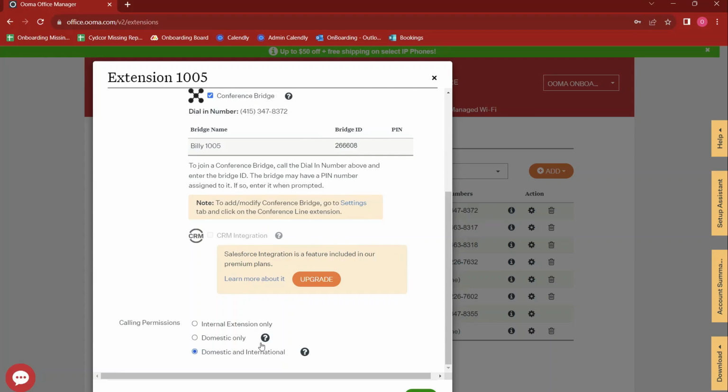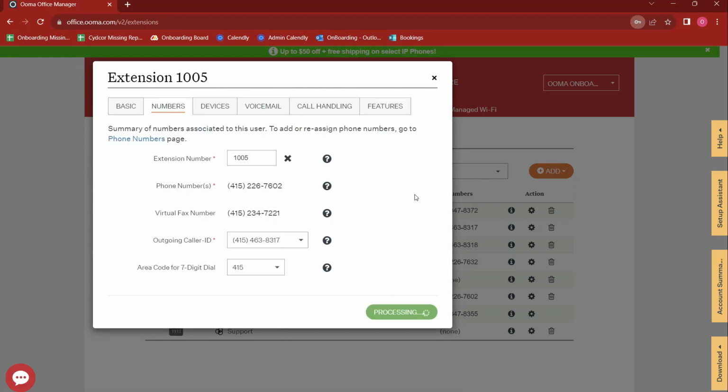And then finally, the last permissions on the user side of things are the internal extensions and domestic and international calls if you only want that. Or if you only want the phone to be able to dial to the internal extensions, you could also do that. And then I will quickly go over the